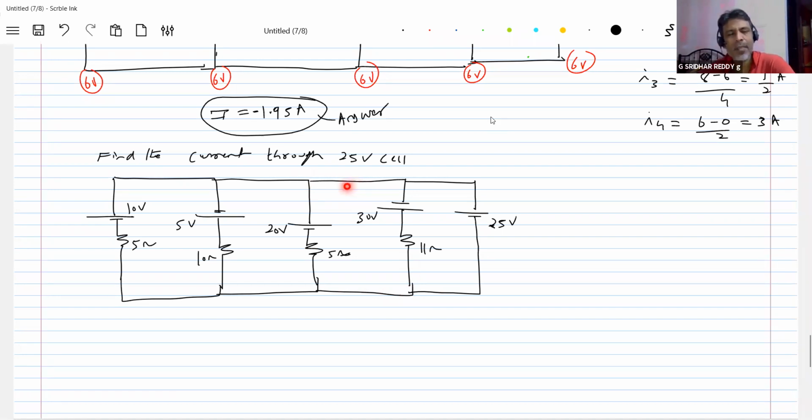Like the earlier method where you showed 10 volt, here I'll assume minus 5 volt. These are all at the same potential, no? They're connected by a wire. So therefore here you need not do anything very big. You can start like this. Let the current here be I1. I'm not sure what the direction will be. I2, I3.